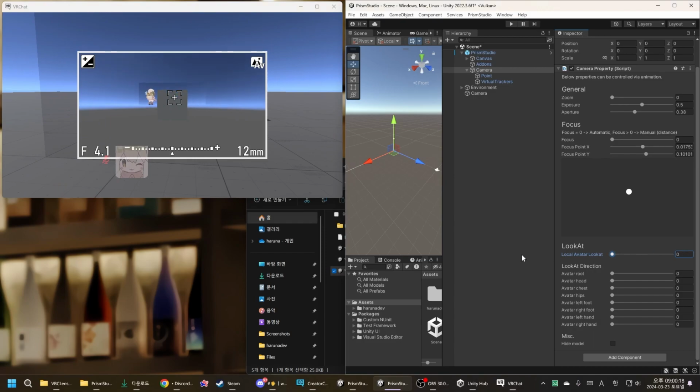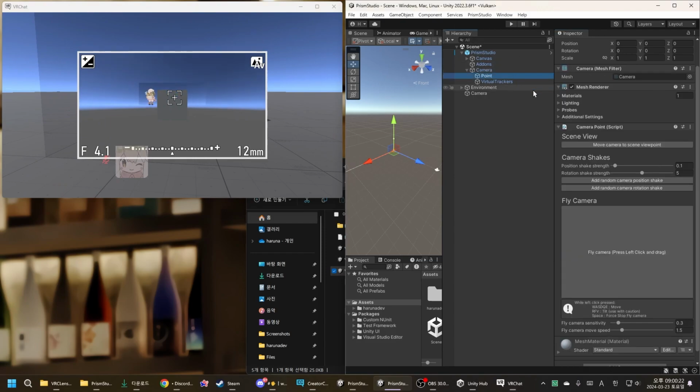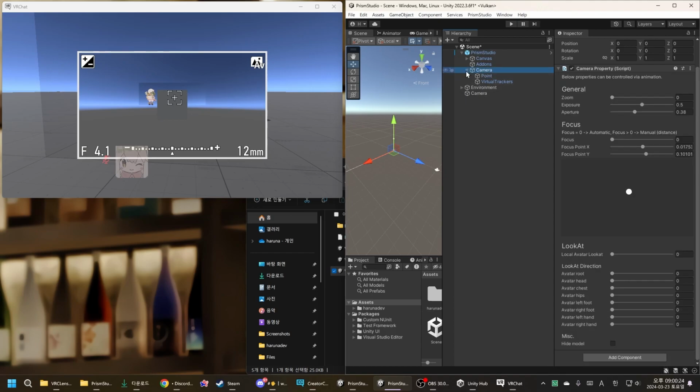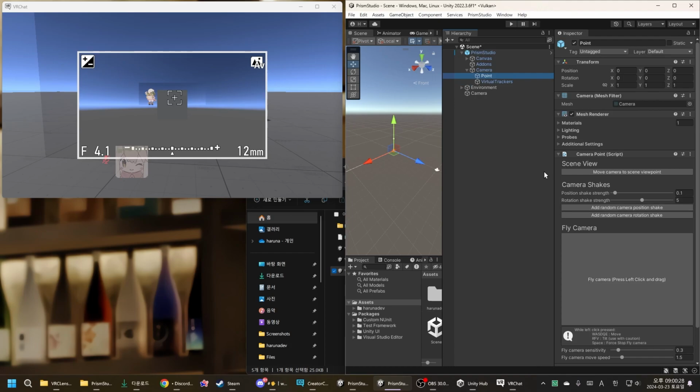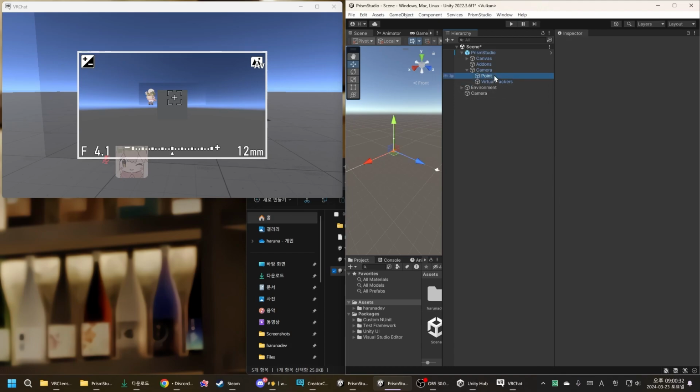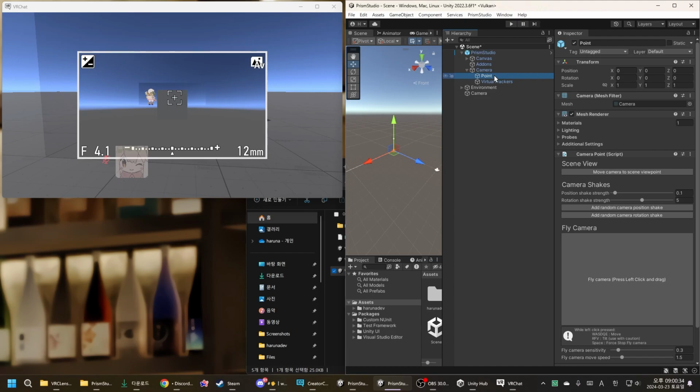You can utilize all these values later, but if you open camera object, you will see virtual trackers and point object. This object will take over your VRC lens position with this point object position. For example, if I move this point object up, VRC lens also goes up like that. If I move